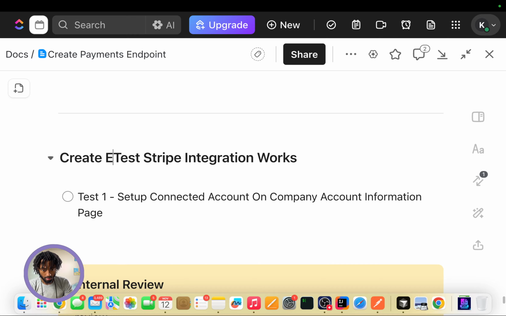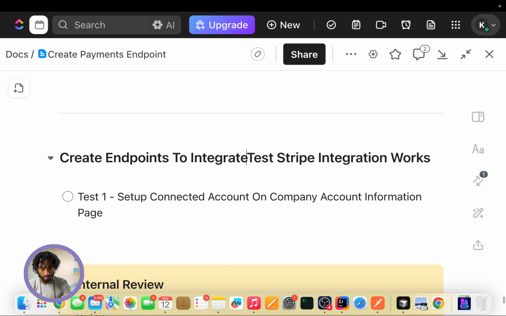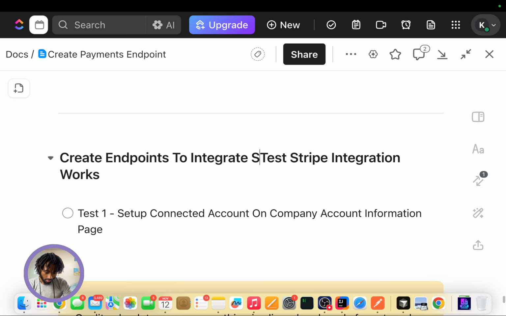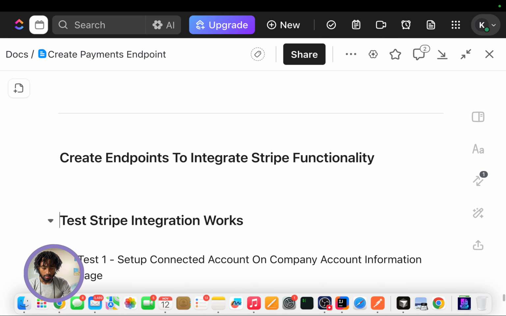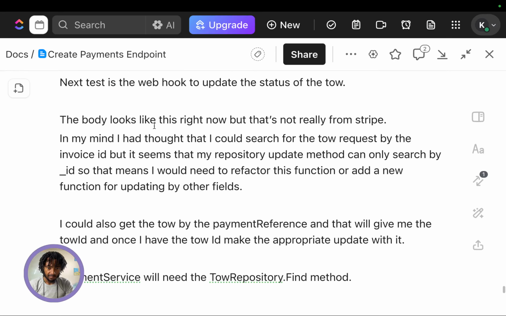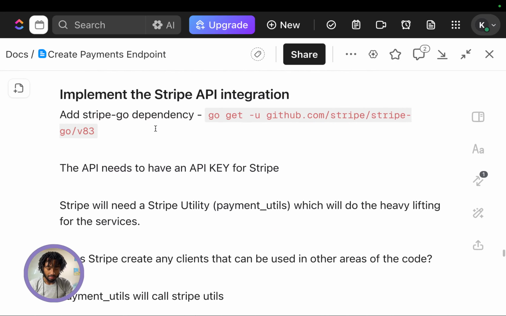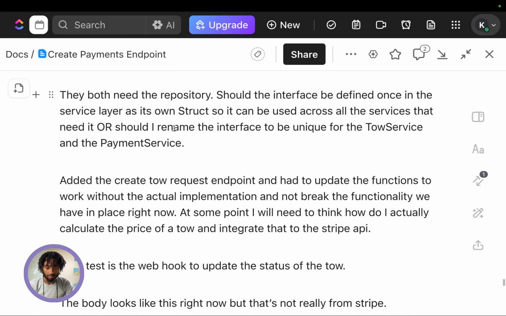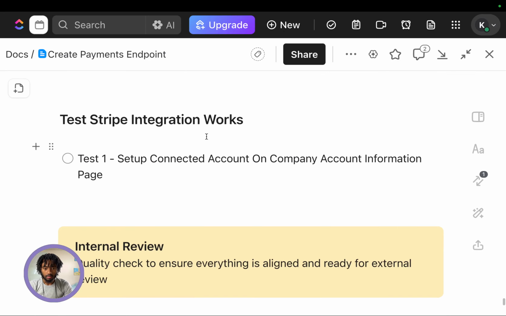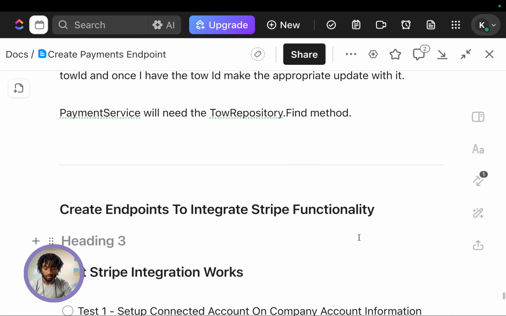Create endpoints to integrate Stripe functionality. Yeah, because I'm implementing the Stripe integration. I'm adding an extra step just because. So